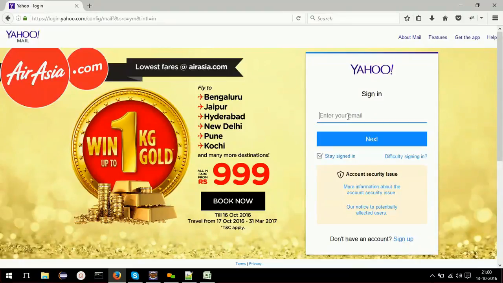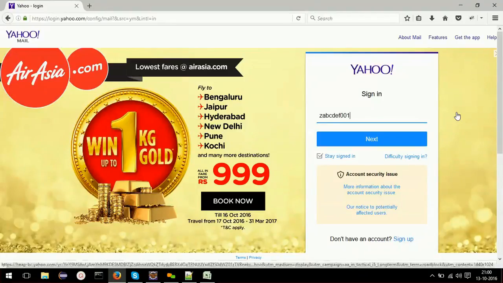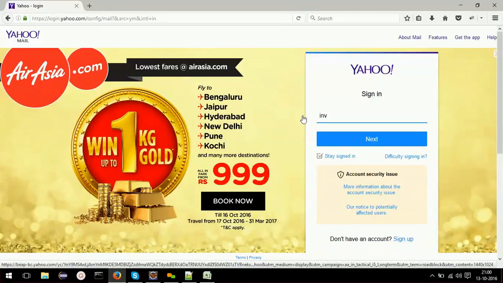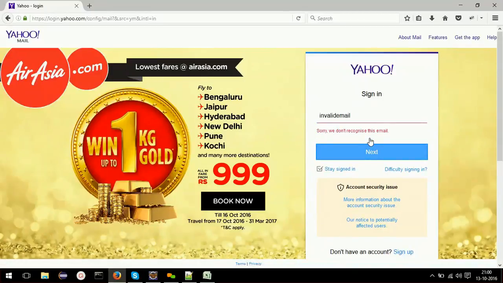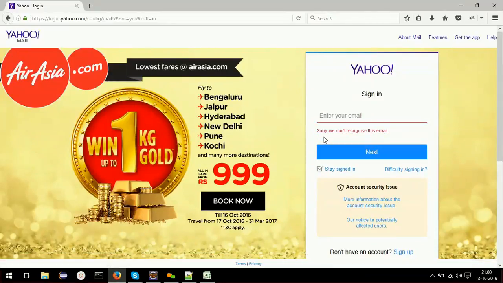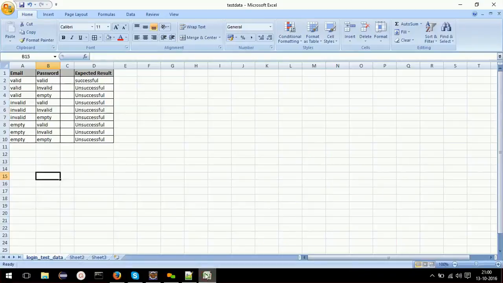What is the restriction? Suppose if I give valid and click next, it will take me to the password page. But the other two combinations, that is invalid mail, if I do next, it will not take me to the password field. Similarly, if I keep it empty, it will not take me to the next page. So in our case, we need to slightly modify our functionality.